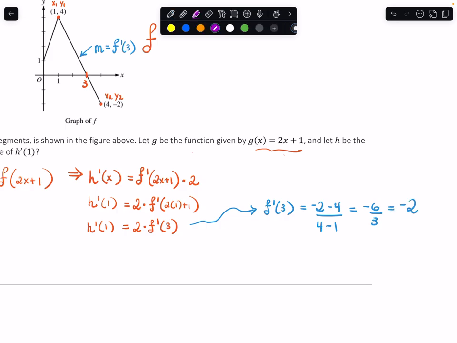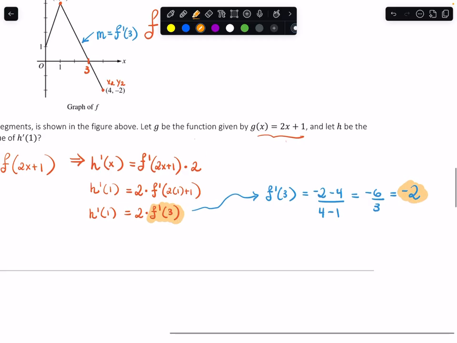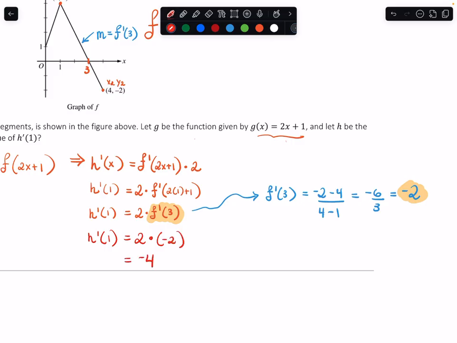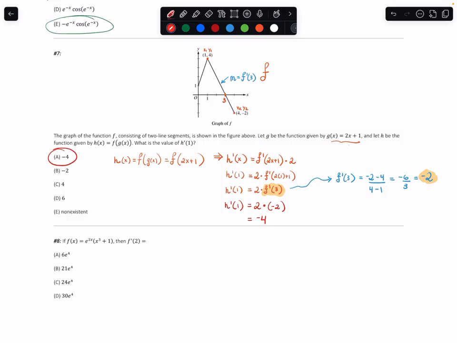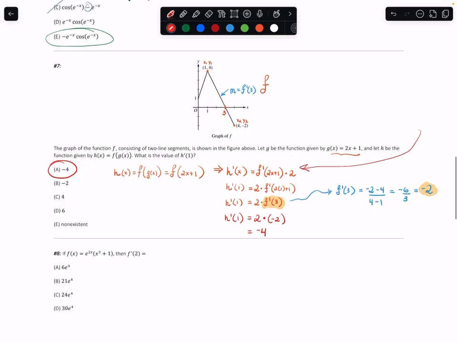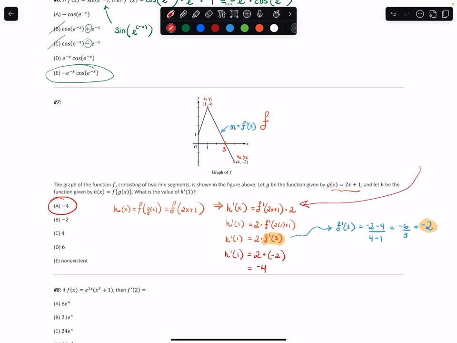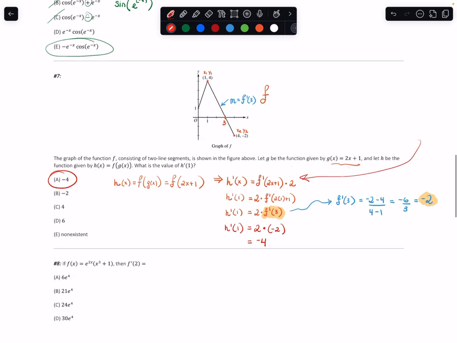So maybe we'll use a little coloring here. This quantity, f prime of 3, is negative 2. That would mean that, coming down one more line, h prime of 1 would be 2 times negative 2. So what would that be? Negative 4. Voila. Cool. That's a different look, I think, at understanding calculus. When they're mixing and matching representations, graphs and equations, that is when people start to get a little